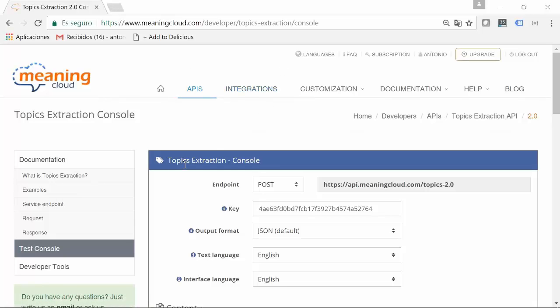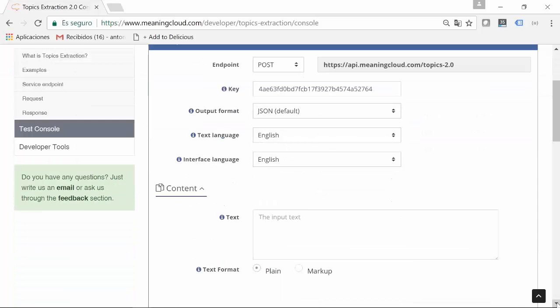So for example, this topic extraction API that, as I mentioned, extracts entities and concepts and quantities, etc. Let me give you an example of how it works. I'm going to use text in English, for example.